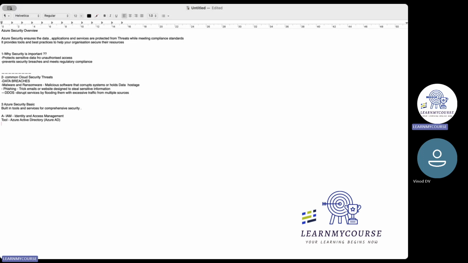So Azure Active Directory is a cloud-based identity and access management service provided by Microsoft. It's used to manage and secure access to applications. Basically user accounts, group management, authentication, single sign-on, multi-factor authentication (MFA), passwordless authentication, identity management, and role-based access control (RBAC) all come under IAM. Device registration and services also come under IAM.